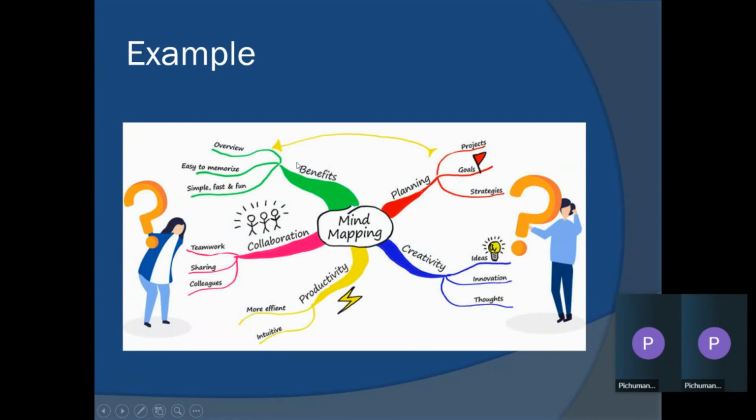And also, there are specific benefits of mind mapping, like the ability to memorize fast and learn fast, and quickly reviewing, and all of that. So this is a simple mind map about mind map itself. Okay. So any exercise that you do with a mind map, it will be a picture that is in your